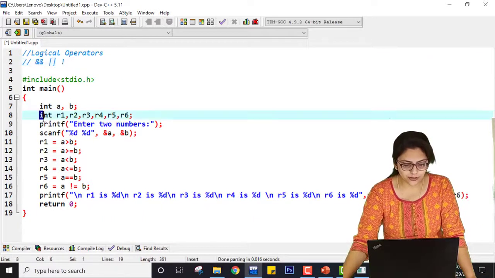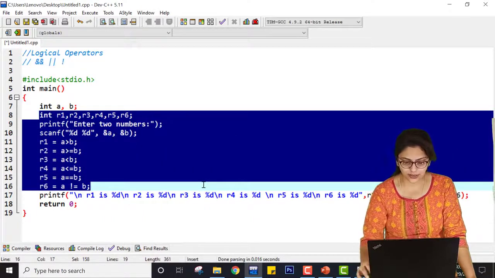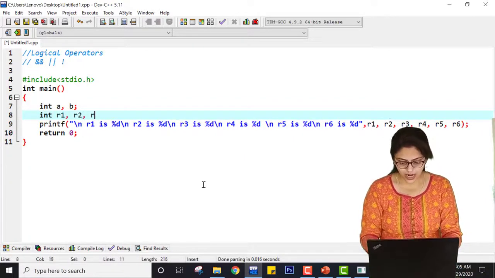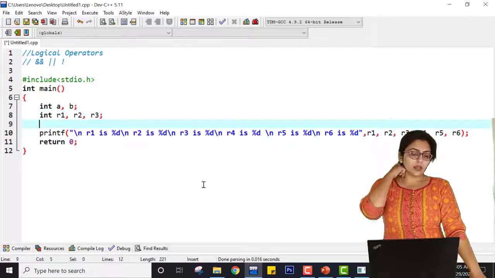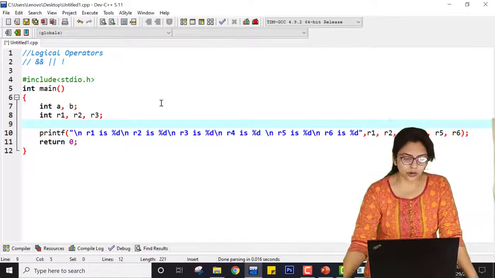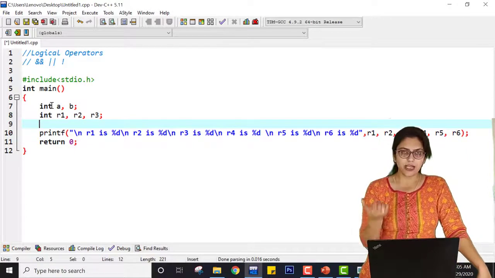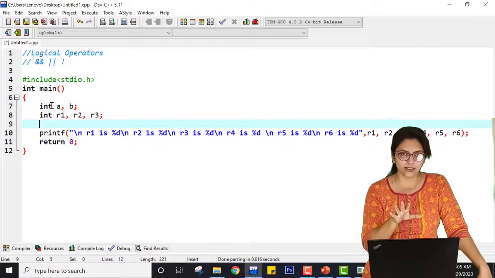For logical operators, I am just erasing everything here, keeping R1, R2 and R3 only. For logical operators, I can also use 1 and 0 or any decimal numbers, but here I will demonstrate using 1 and 0 only.